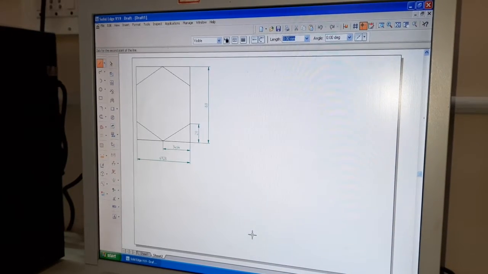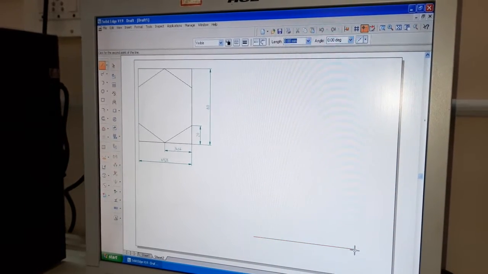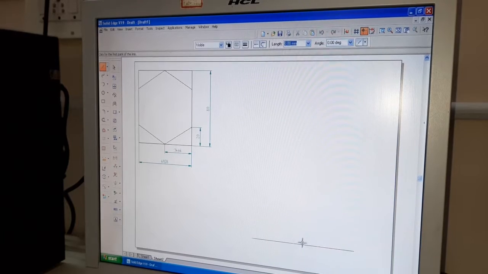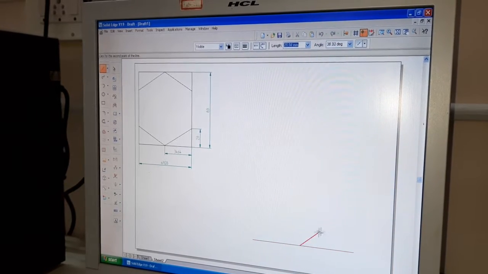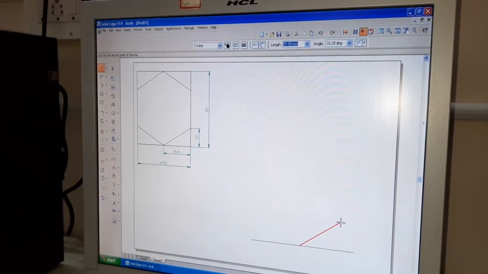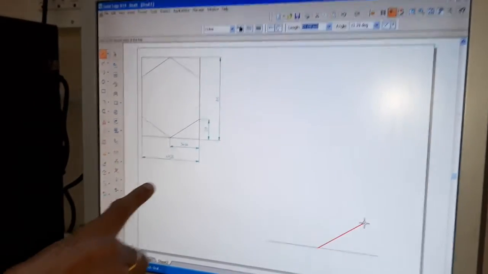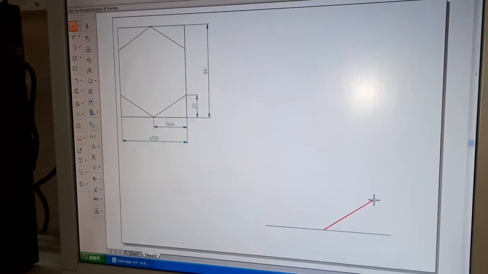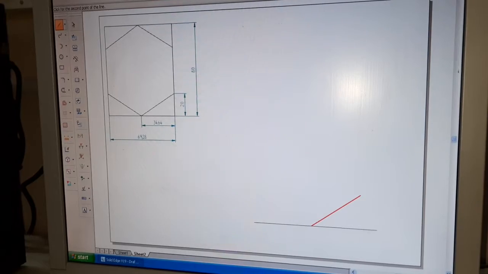Now draw one horizontal reference line. The same boundary, now let us draw in isometric view at an angle of 30 degrees. 69.28 on one side.